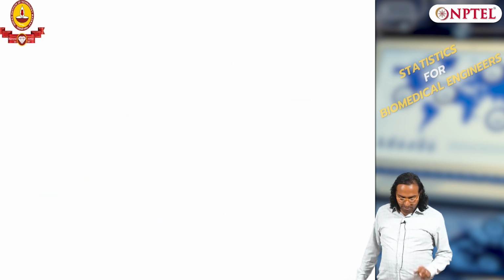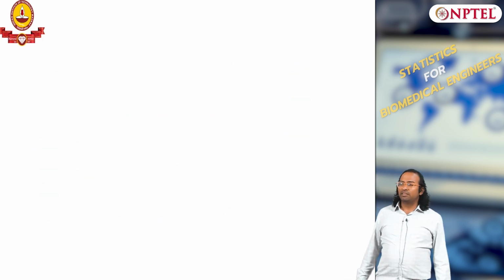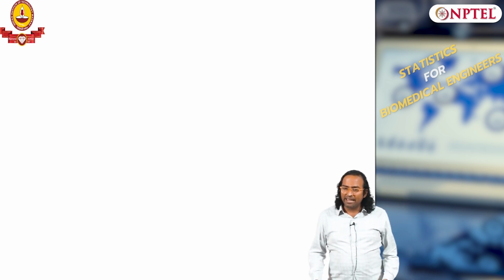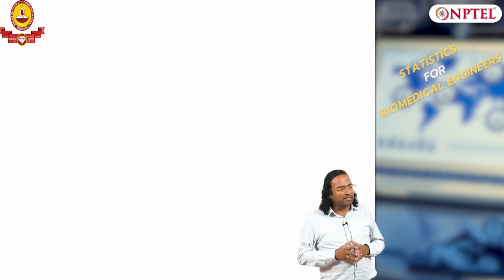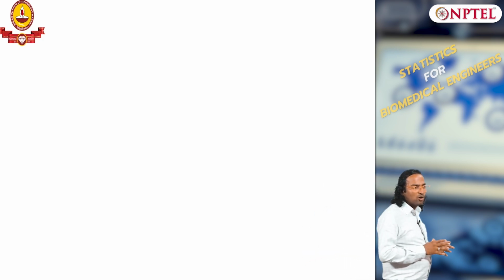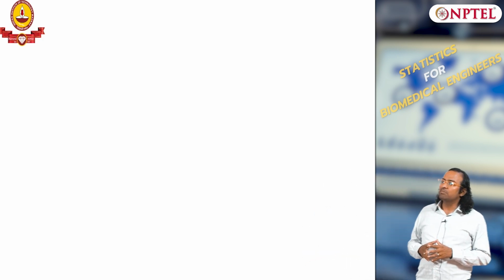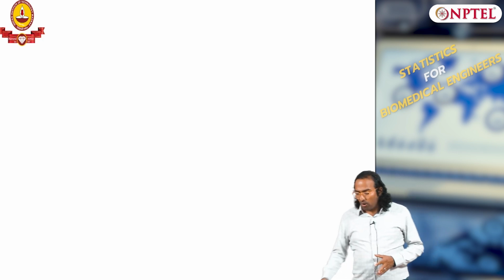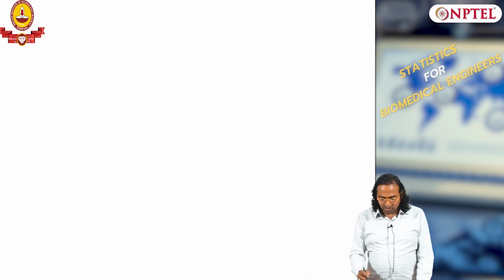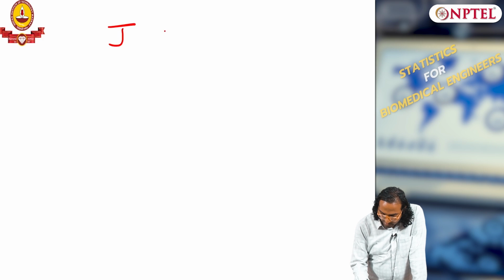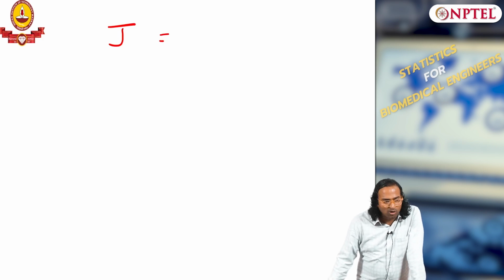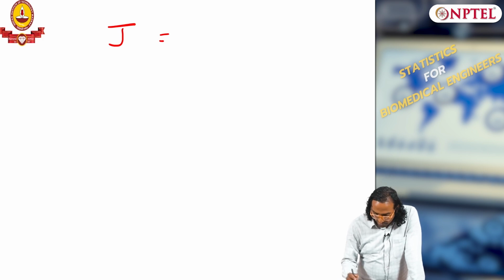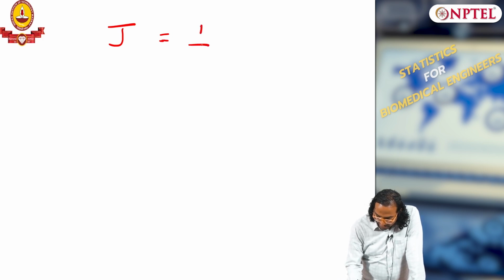Once I make these assumptions about truth, what do I need to do? I need to fit the model and obtain model parameters from training data. Remember, this is supervised learning, so I am going to find the parameters from training data. So what is going to be my objective? I am going to call this objective j. What kind of objective function? I can use absolute error or squared error; mean squared error is the common one. So let us say mean squared error.